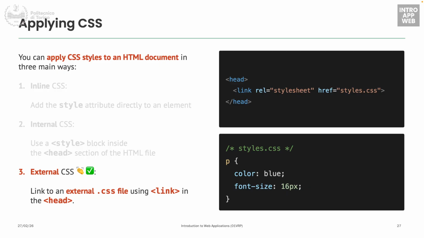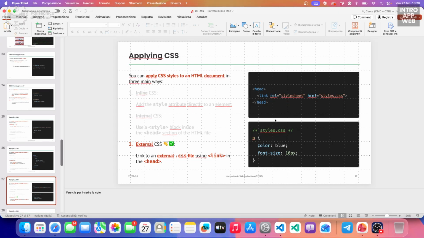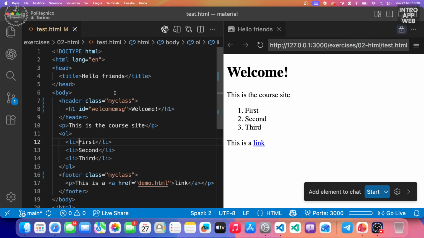We will write something like this. We will create a link that is representing a style sheet, and then we will reference the location of the CSS relative to our HTML. Okay, so do you remember that I told you that the things that we write in the head are not visual things, but declarations or something like that? So here,